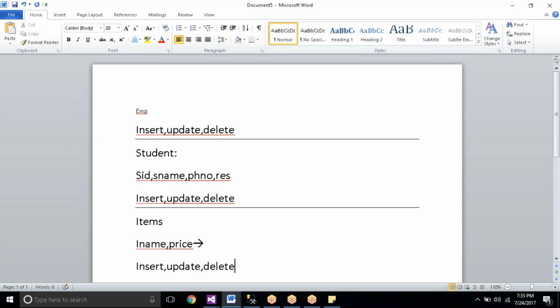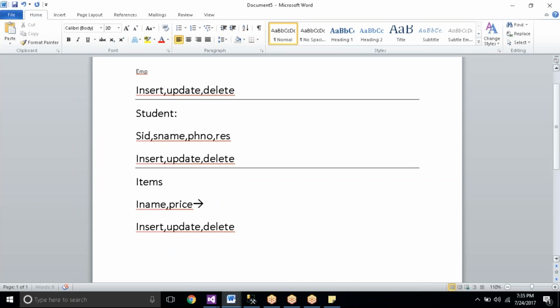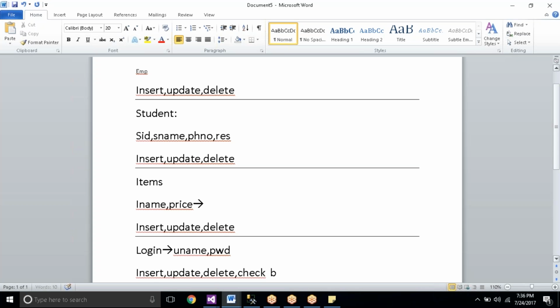Now, along with this, another example you should practice is the login table. Under the login table, take username and password as fields. For this username and password, also try to complete insert, update, delete, and check whether the user is a valid user or not.